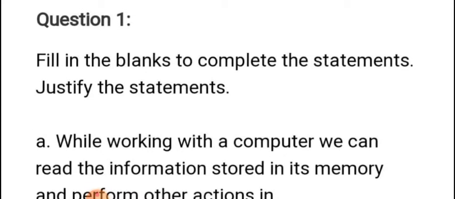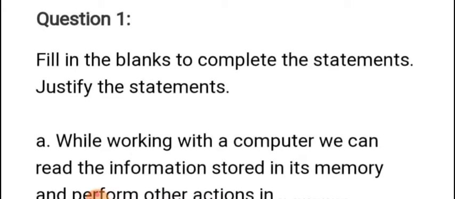The exercise questions which are given in your textbooks, all those questions' answers I'm going to send you in a PDF, which you have to write in your homework notebook. This is a part of science 2. Definitely you have to make a separate science 1 book and science 2 book, and chapter number 10 you have to write in the science 2 homework notebook. And don't ask me, ma'am, where do we write chapter number 1, where to write chapter number 2. Whenever I send you the chapter, at that time I will mention over there science 1 or science 2.